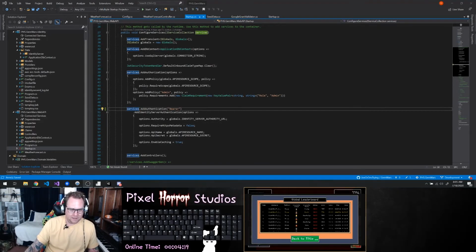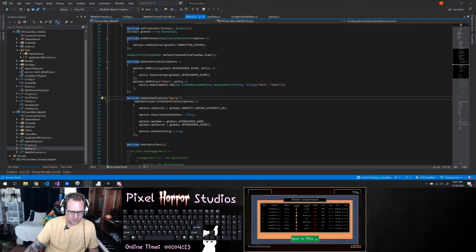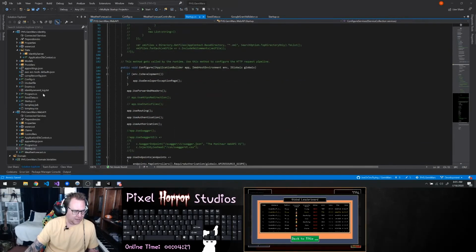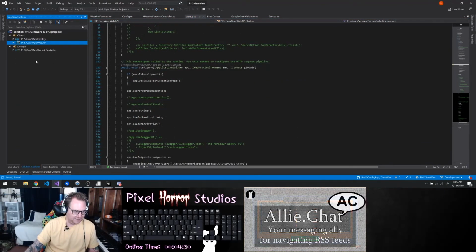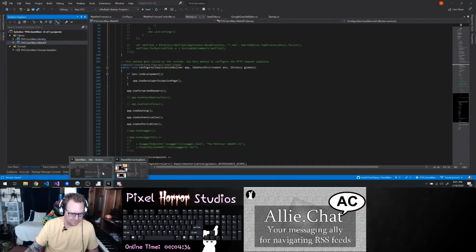All right, welcome back. So what we're going to be doing is adding the backend for Gem Wars. We're going to do it in Entity Framework. I currently have the identity server and the web API set up, so we should be good to go to just start scaffolding our entities. If I show where the game is at currently,